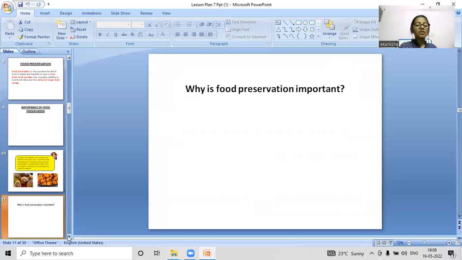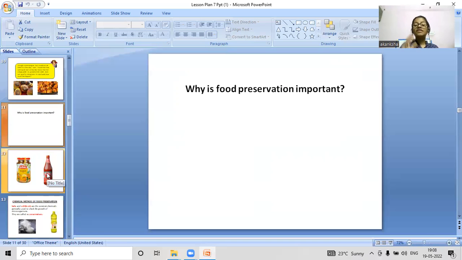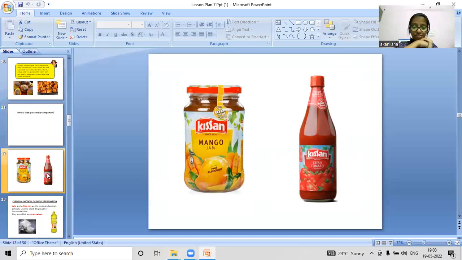So now coming to our next topic for today, we will start it with a picture. So yes, what you can observe in the picture, you can write it in the chat box. Okay, you can see the jam is there, the sauce is there. Yes. So what about it now? So as you see that normal food is getting spoiled after some time, but even these jams and sauces, we keep it for a longer period of time in open. We are keeping it. So why are these not getting spoiled? Okay. Yes, because they are also having some preservatives in it.